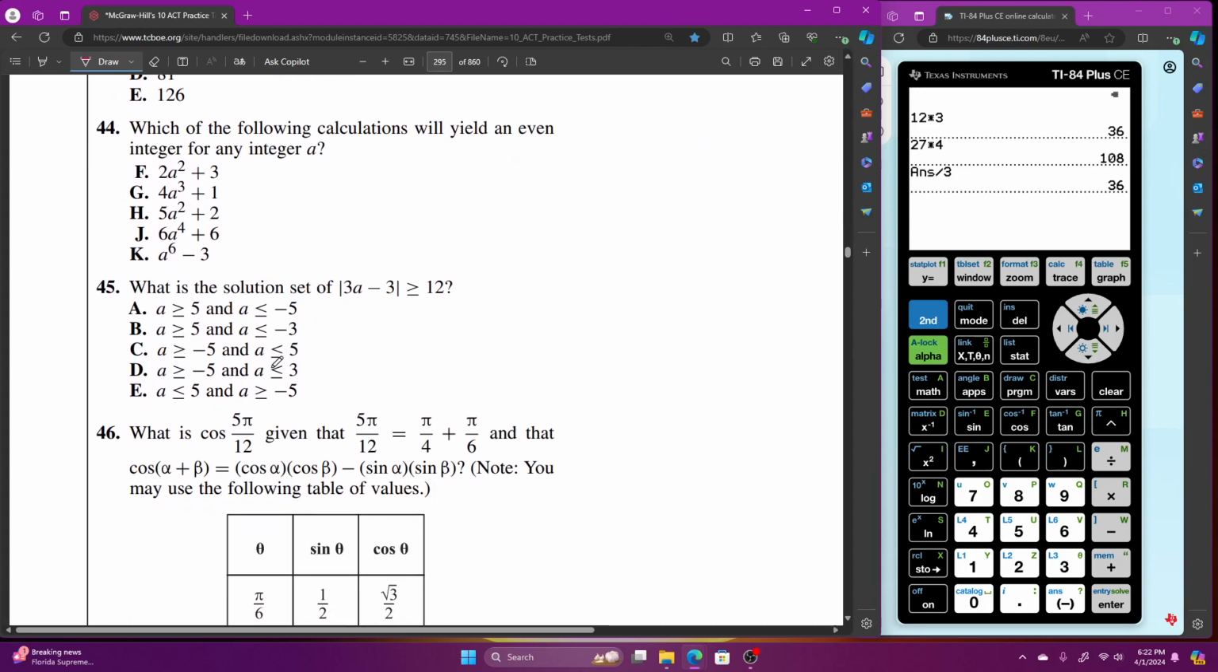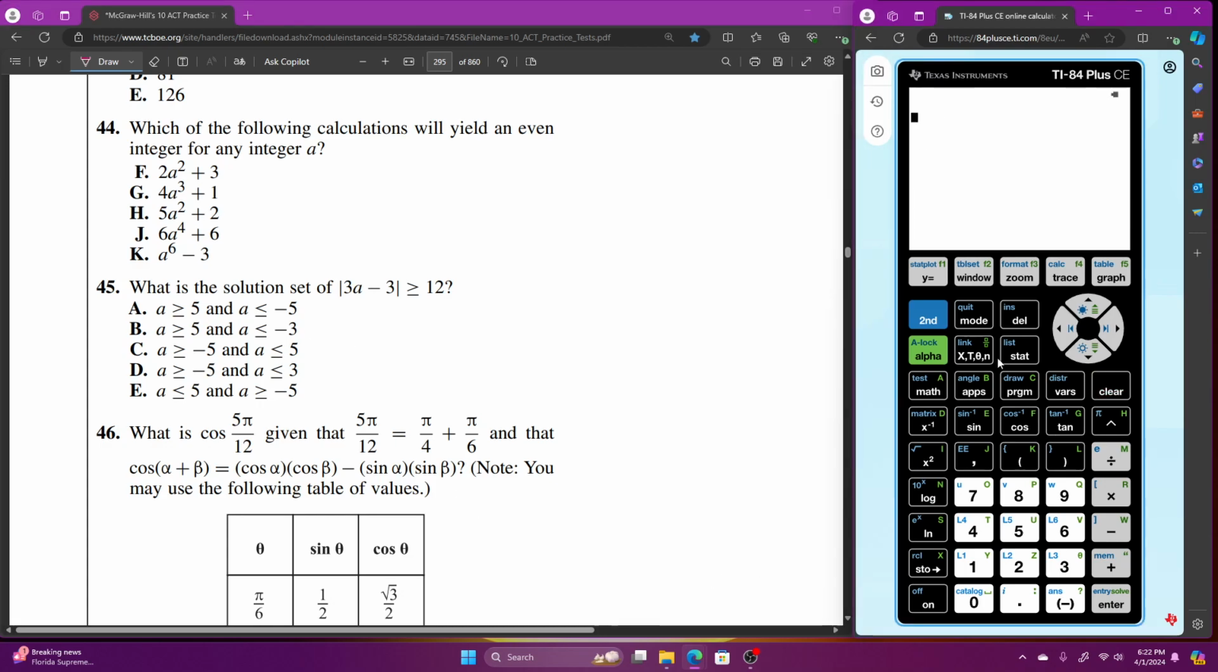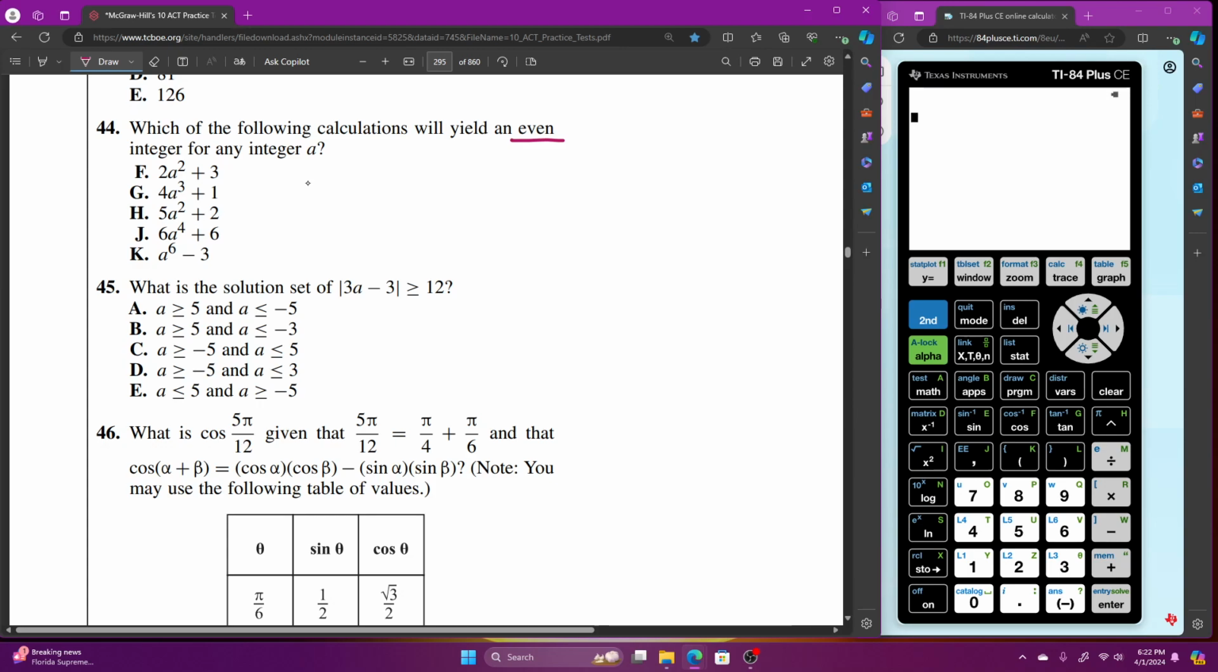All right. Question number 44 says, which of the following calculations will yield an even integer for any integer a? It'll always be even. Well, I know right away I'm looking for stuff that's got everything even. Even exponent times an even number plus an even number. That is the correct answer, but you can check that by